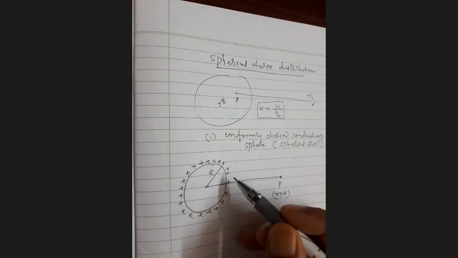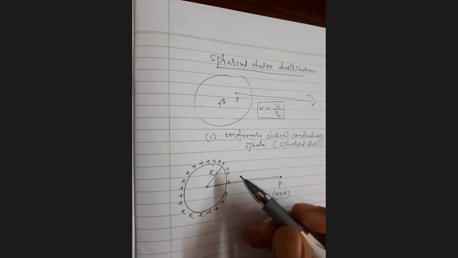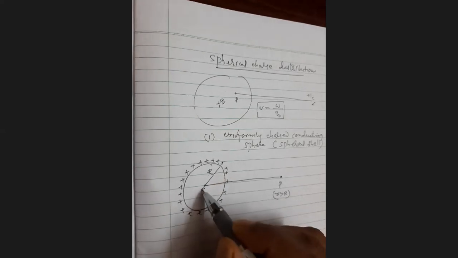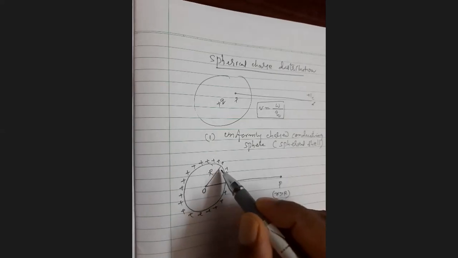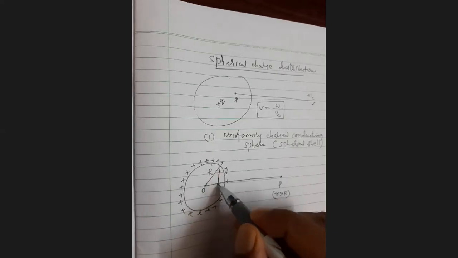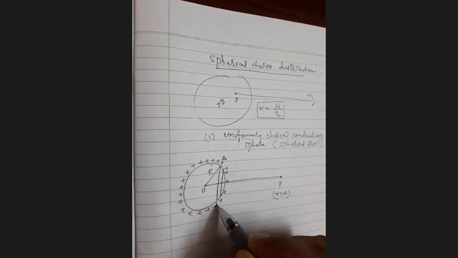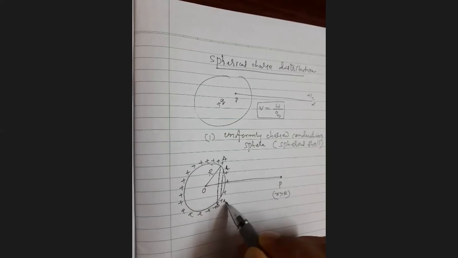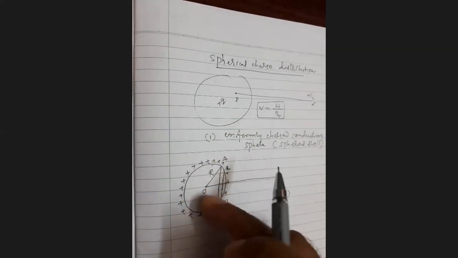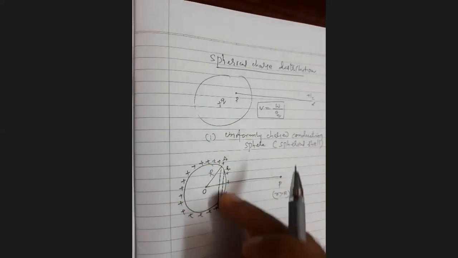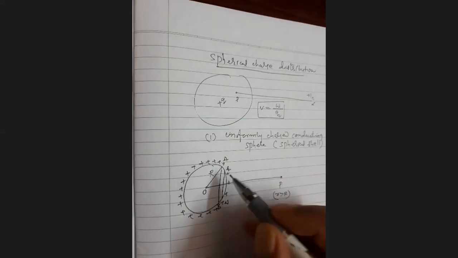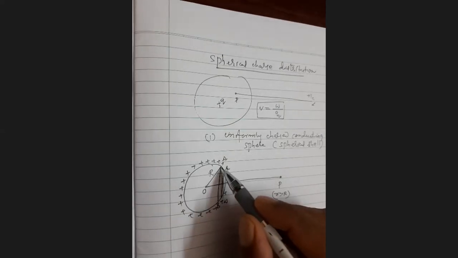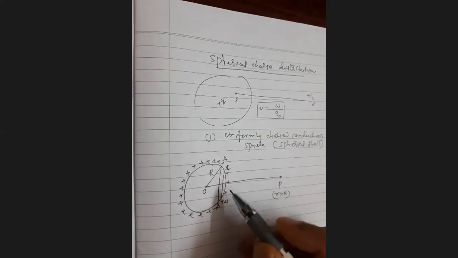Okay, to calculate the electric potential at this point, the sphere is assumed to be cut into number of rings with the centers on OP. This is the center. Now I am taking this as a ring ABCD. The total sphere is divided into number of rings. So here you consider a small ring ABCD, right?